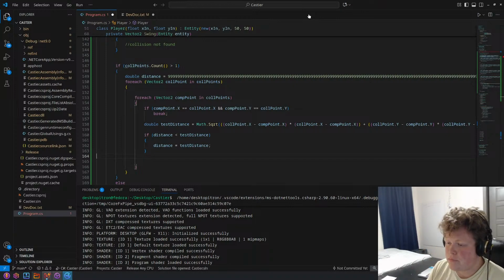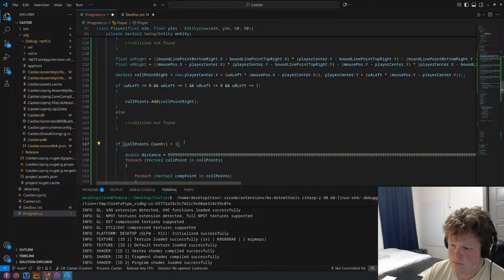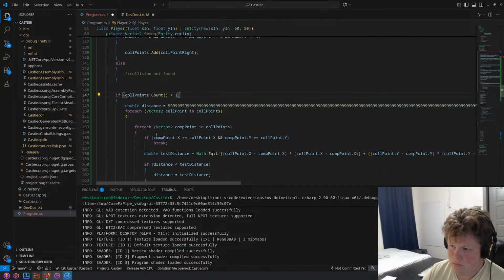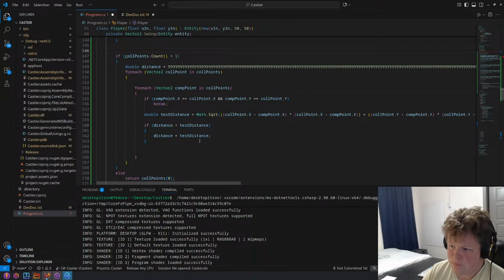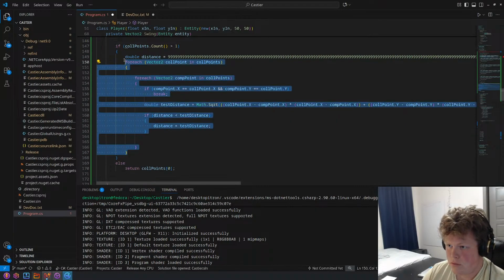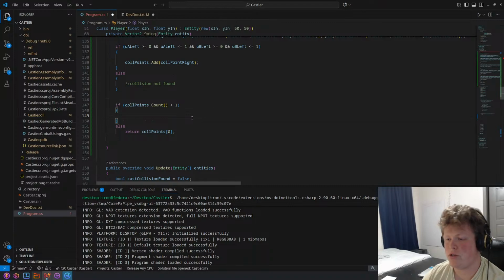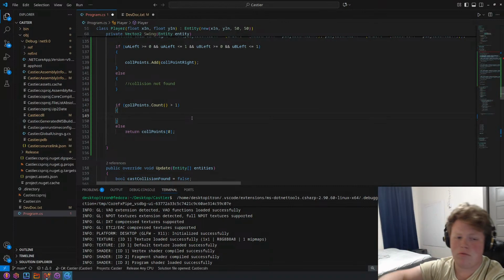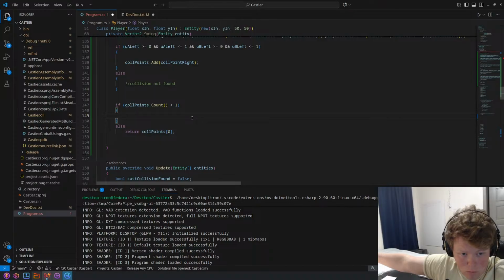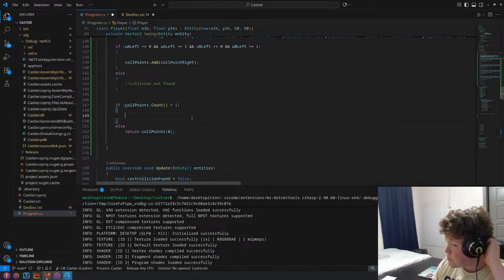All right. So we look. What if I just rewrote it? Okay, so we're just gonna restart. Don't need any of that. That was a lot of negativity in our lives, bro. So, if there is more than one collision point,